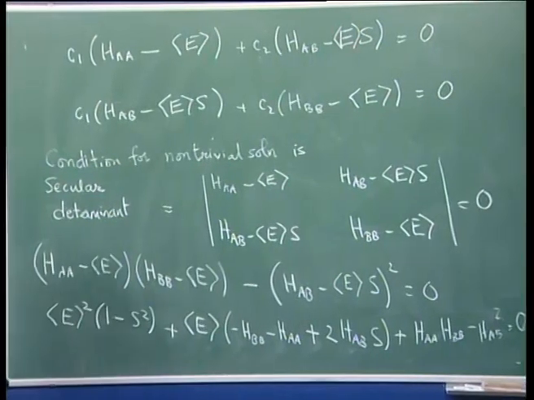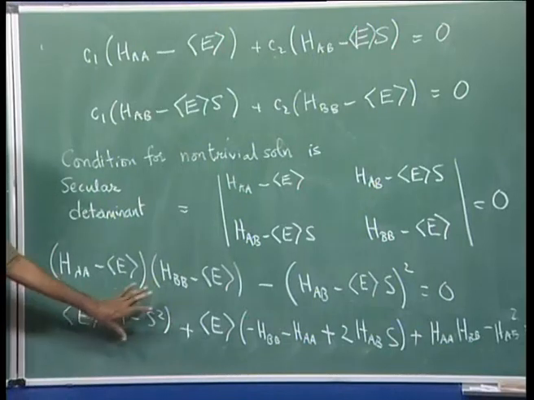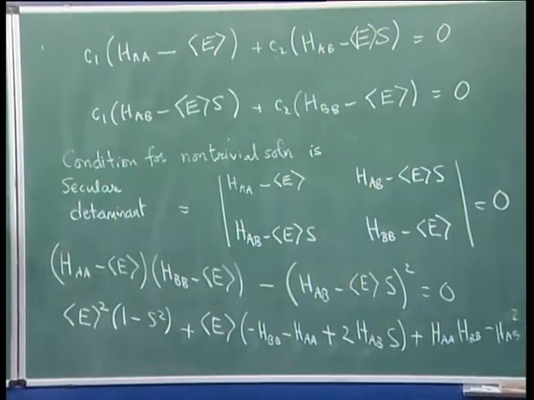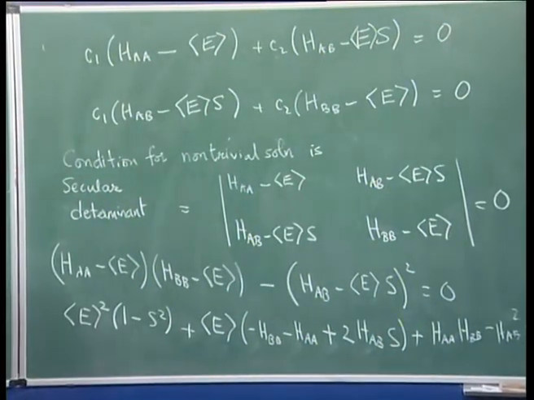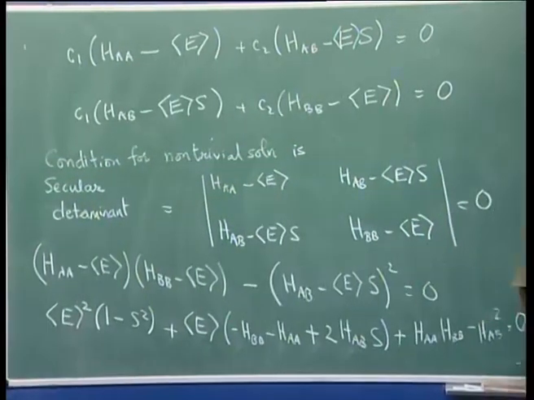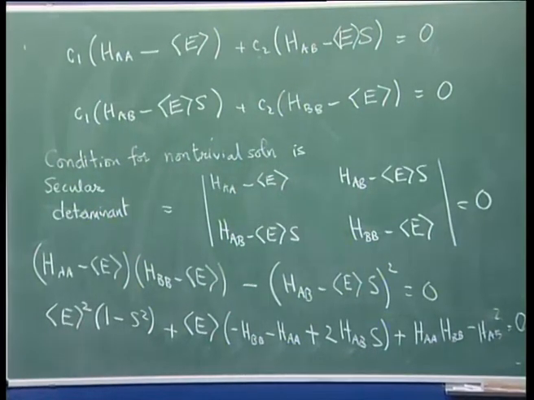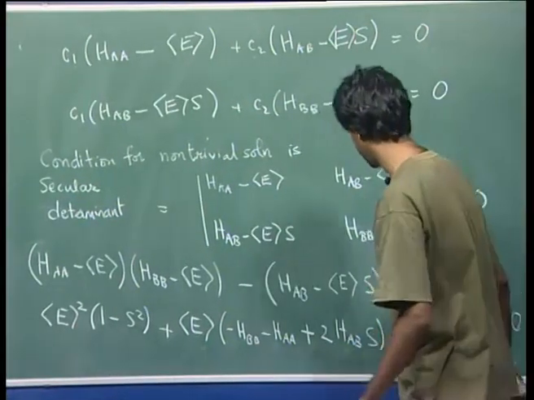So, this is a quadratic in E, and you can solve this to write the value of E. Now, we won't do this in detail, but you can solve this and you will get two values for E. We will take this for the specific case when